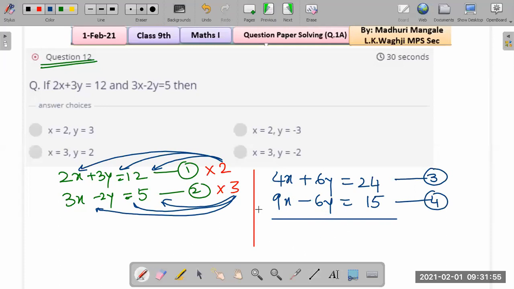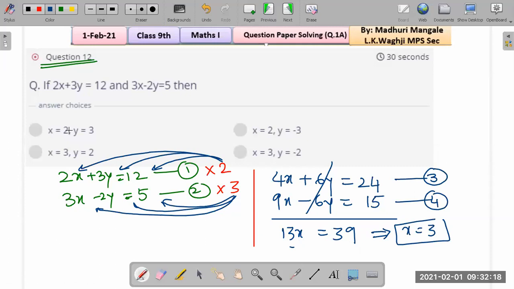Now everyone look at the steps carefully. So the y terms get crossed out. 9 plus 4 is 13x equals, what do we get here? I guess you have written it out on paper. So 13x equals 39. 13 is in multiplication, so it moves to the other side and divides. So x equals 3.